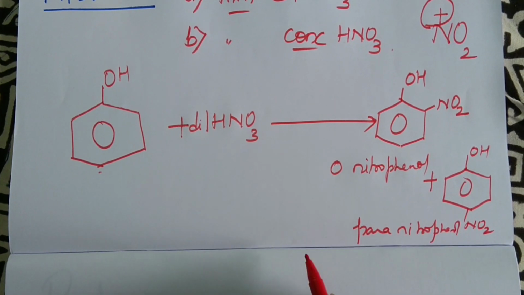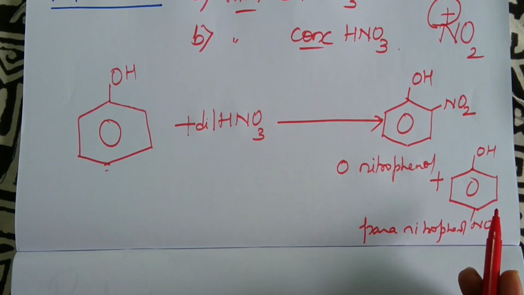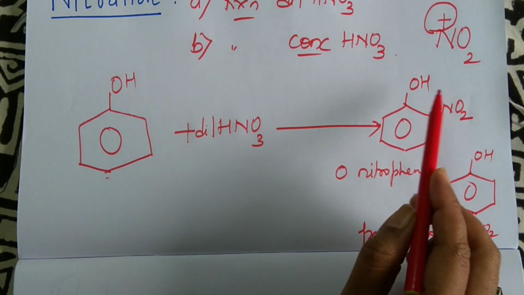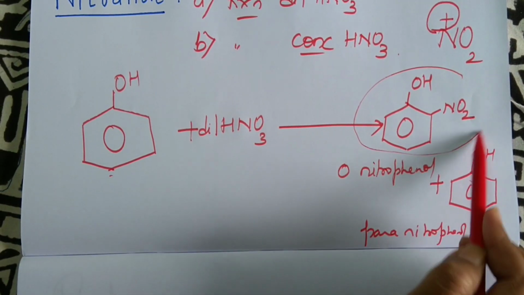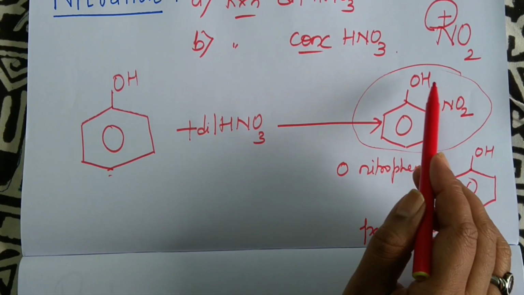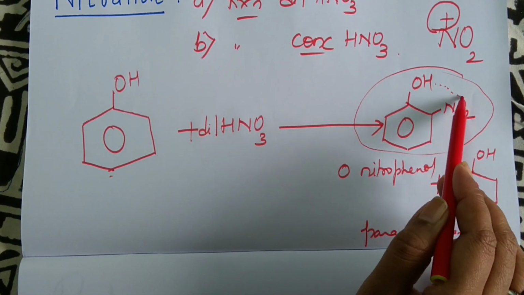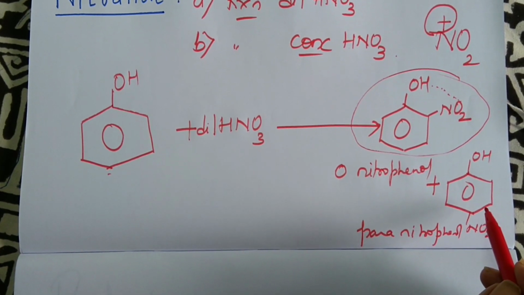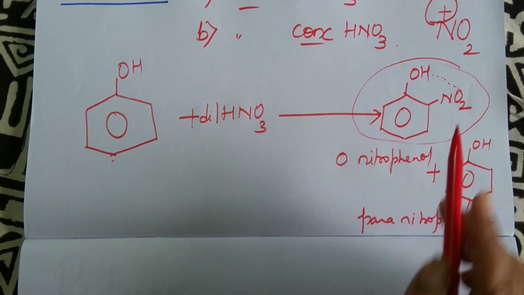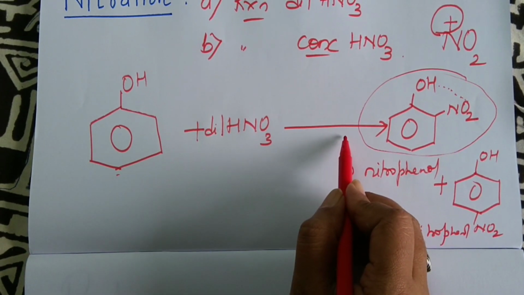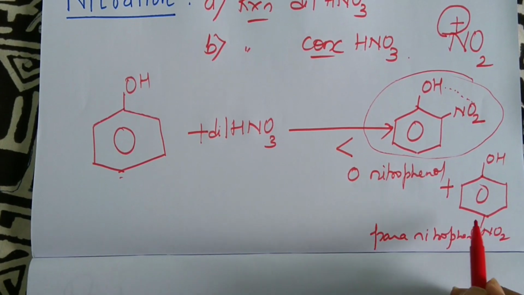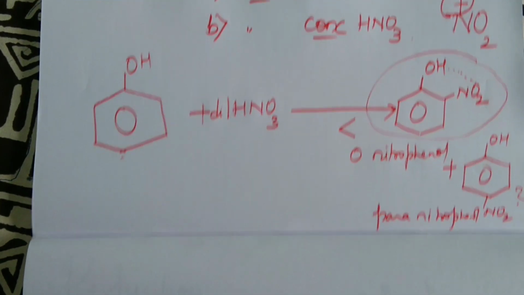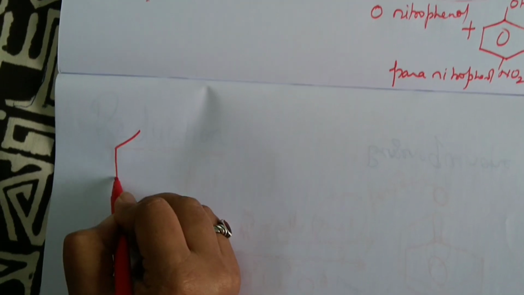Now once I carry out this particular reaction, I get two different compounds in the same beaker. Then I need to separate them. So to separate them, I have to depend on their boiling point. Now this molecule orthonitrophenol can be subjected to steam distillation and separated, and para-nitrophenol remains back in the medium. What does it mean? Boiling point of orthonitrophenol is less compared to para-nitrophenol. Why is it like this? We need to understand.